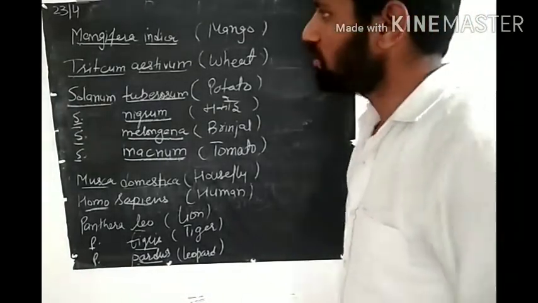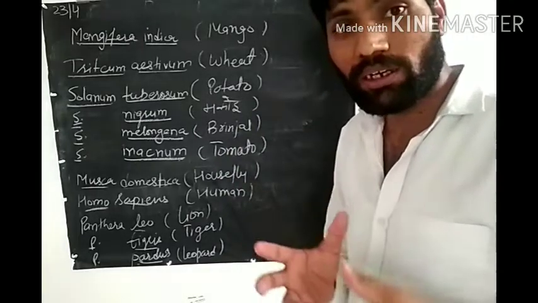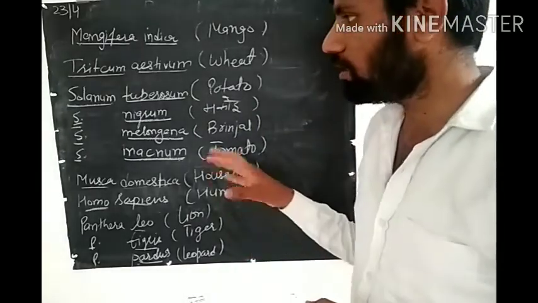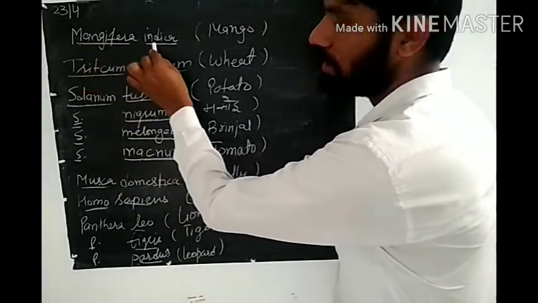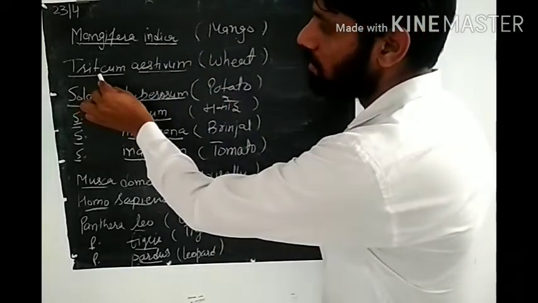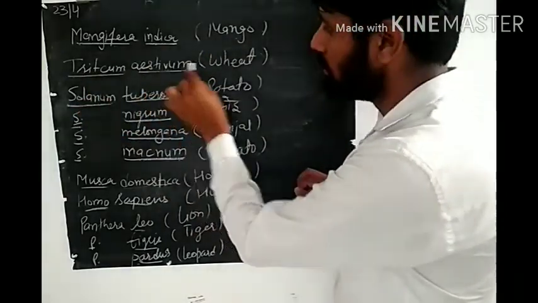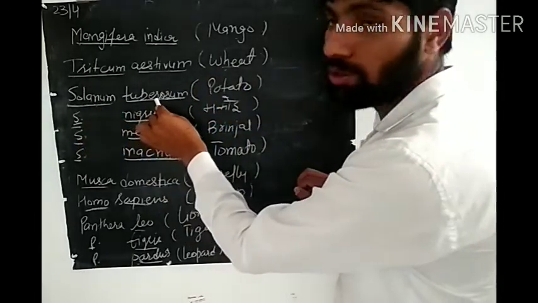Now see, these are the different scientific names, biological names, botanical names or zoological names in chapter number 1. So the very first is Mangifera indica. This is mango. Second is Triticum aestivum, that is wheat. Third is Solanum tuberosum,